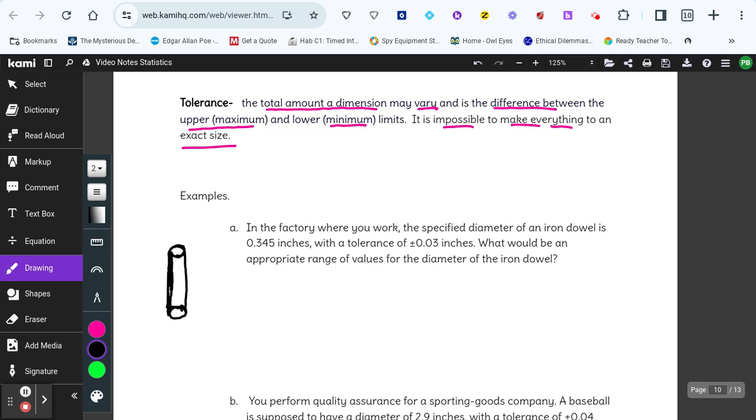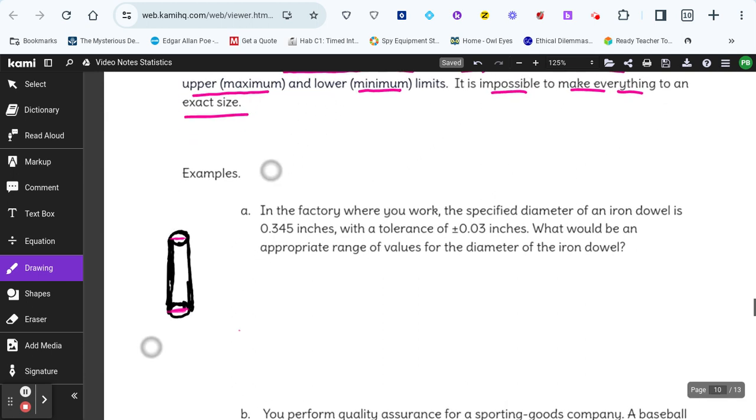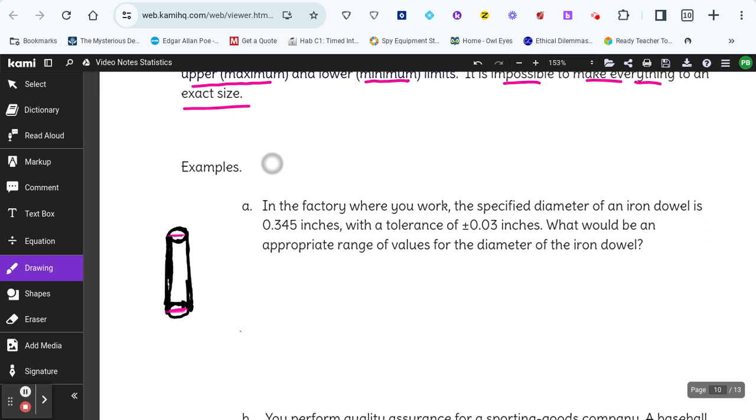Diameter would be, let me make this thinner, the distance from here to here. From one end of the circle to the other end of the circle through the center though. And diameter can be shown on the top or the bottom. So the diameter of this dowel, I'm going to call it D for diameter,